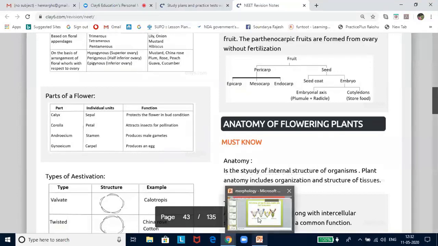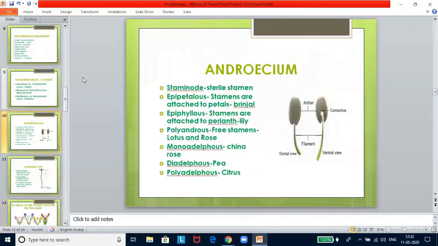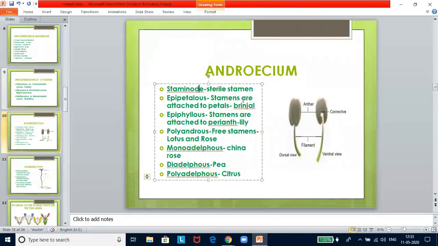Now this is about the flowers. Now let me get into the details of androecium. This is very important. Androecium, you know, is made up of stamens, and this stamen has got a filament here, and this has got the anther. Within the anther you will find the anther lobes, and within the anther lobes pollens are produced. This you will learn in grade 12, first lesson, second lesson, where I'll be explaining it to you in detail. Now these are certain things which you have to understand. One is staminode. Staminode is a sterile stamen. So these terms you please make a note of.